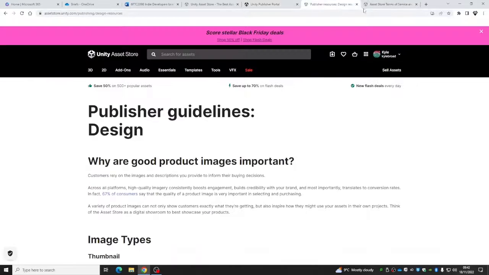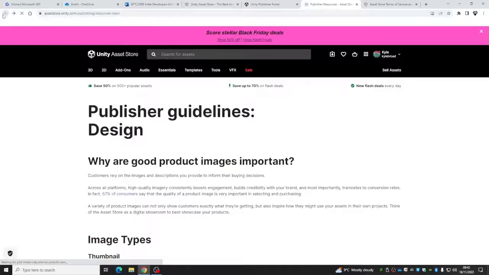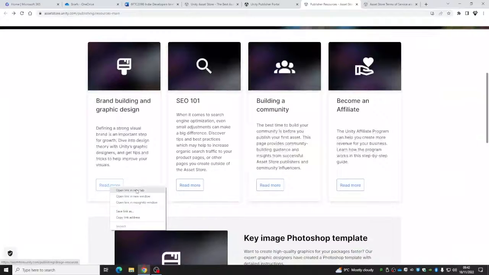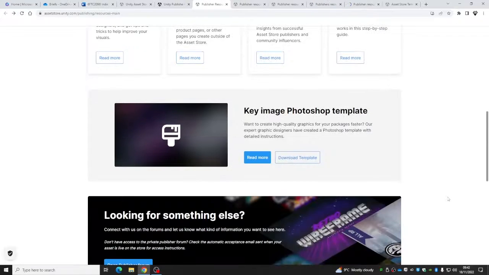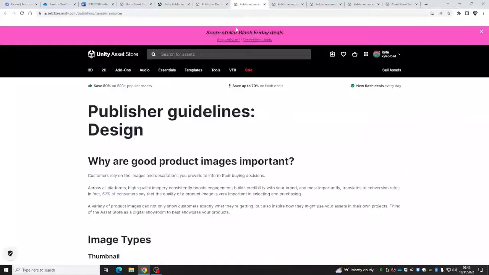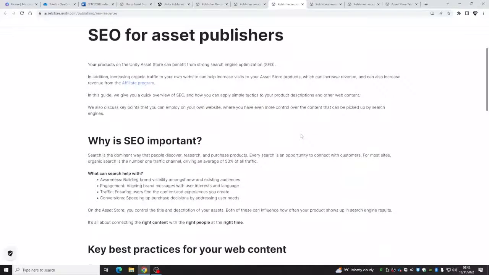Where am I going? Oh, I don't want to lose this page. Hang on a minute, I have to go back and then open this as a separate tab, open that as a separate tab, open this as a separate tab, open that as a separate tab. Cool, we've been on that one. Cool.